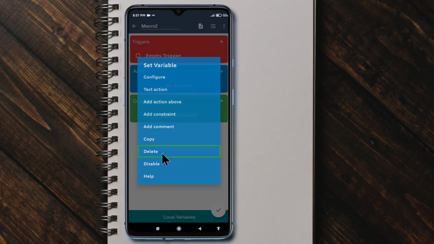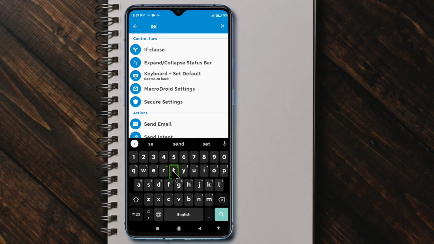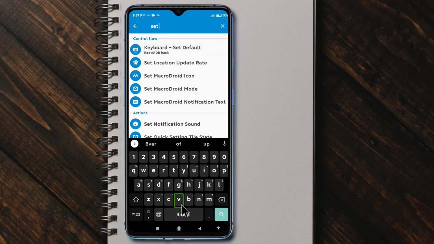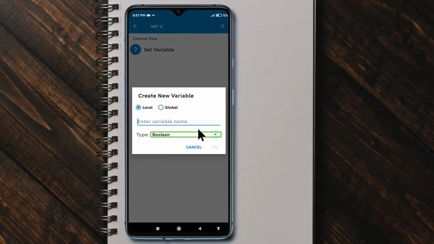I am deleting this action and adding a new set variable action. Instead of configuring an existing one, I am creating a new variable from here, and it is asking me to select the type of variable, whether a local variable or a global variable.